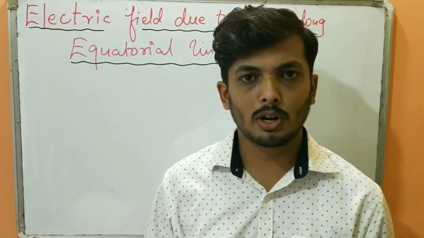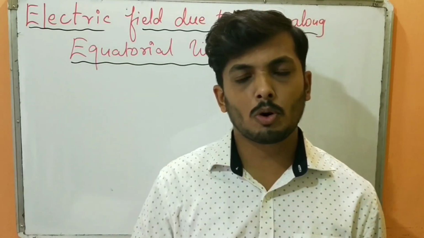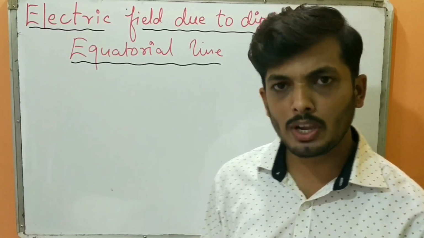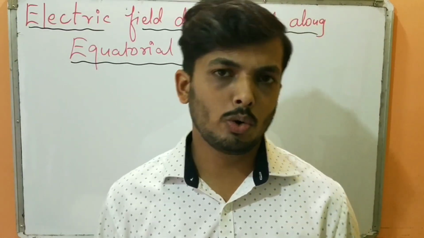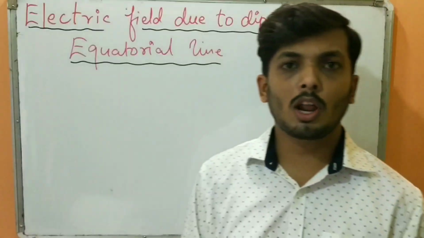A dipole is a set of two equal and opposite charges separated by a certain distance. That is called an electric dipole. And what is the electric dipole moment? It is nothing but the product of either of the charges and the distance between them, denoted by P. And how do we calculate it? Q into 2a. So today we are going to find the electric field due to a dipole along the equatorial